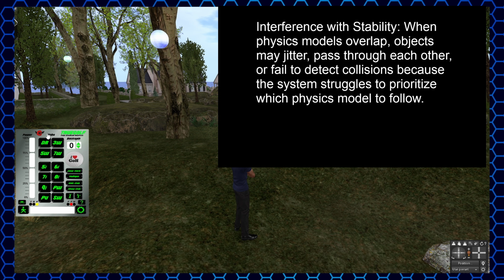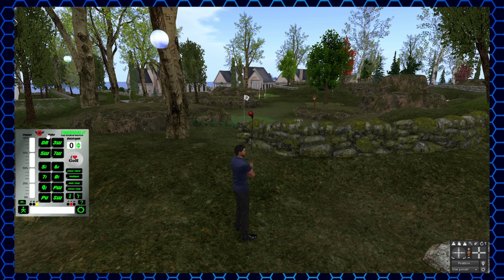And so you really have to do trial and error with that kind of thing. And objects that are set to convex hull, which simplifies the collision detection, but can lead to issues like objects passing through or bouncing unpredictably,